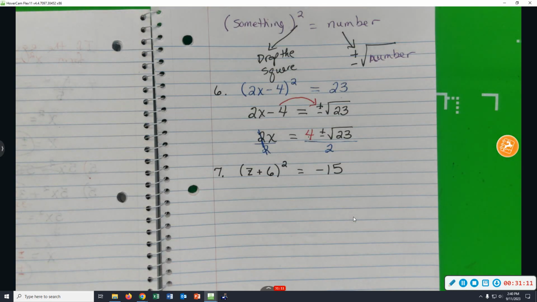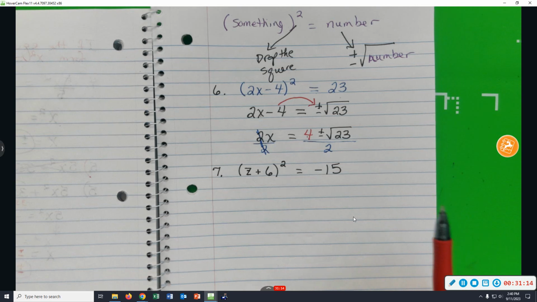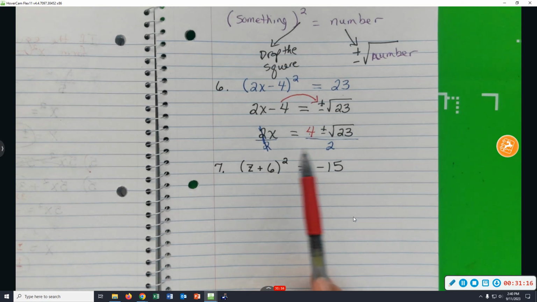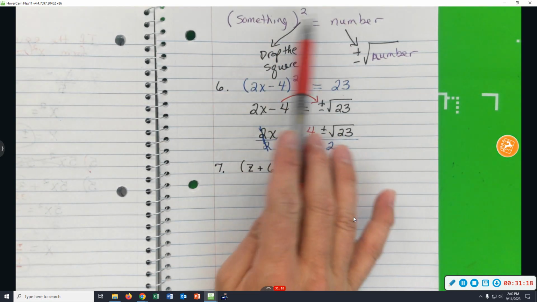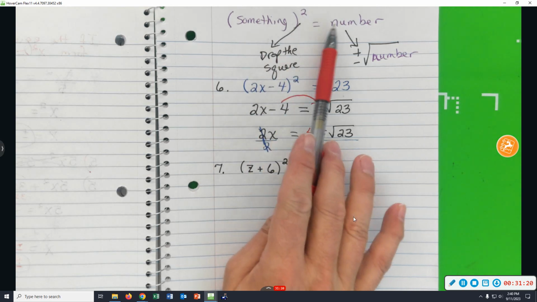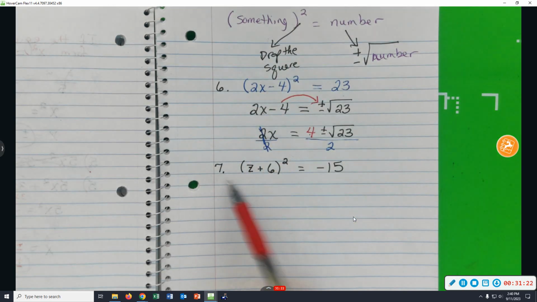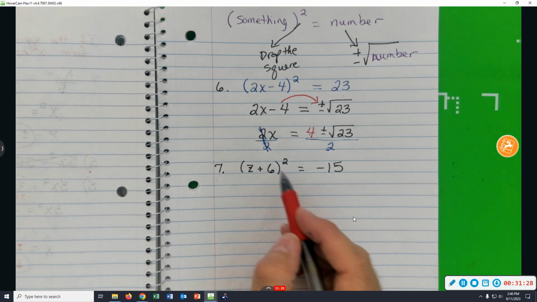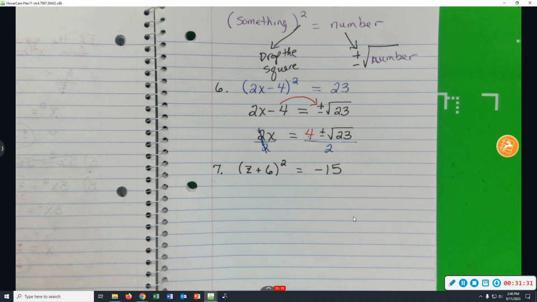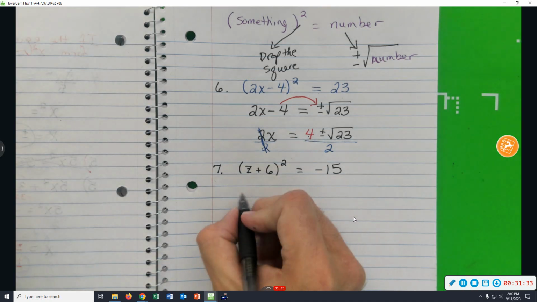Well, we know we can do the square root method if it's in the form something squared equals a number. I think number 7 is pretty similar to number 6. What am I going to do? Drop the square and just write Z plus 6